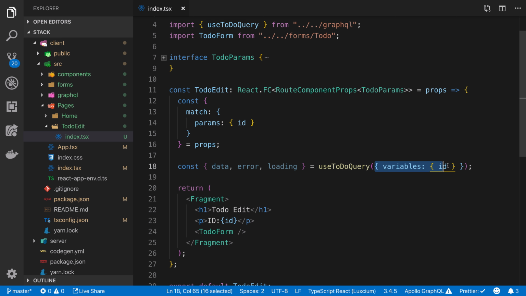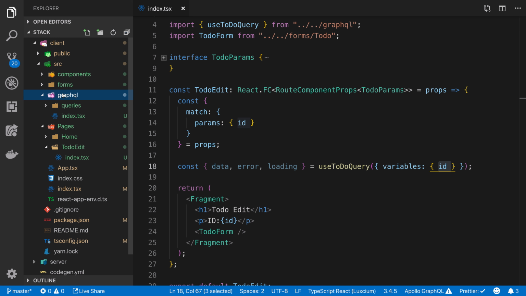And into that I'm passing the object, because I can pass in all sorts of different things into the hooks, and you need to look at the documentation to find out which ones, because you use different ones for different situations. In this instance, I had a query to get to-do, and within that, I'm going to pass in to say that I'm going to use the ID. So if we look back at the query,